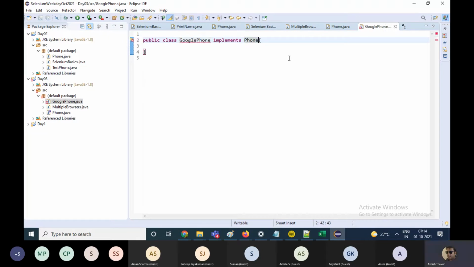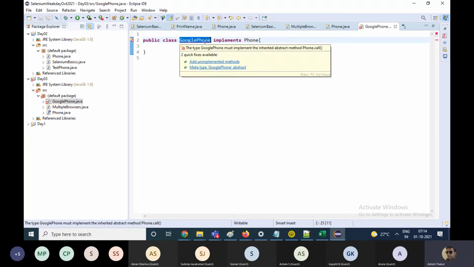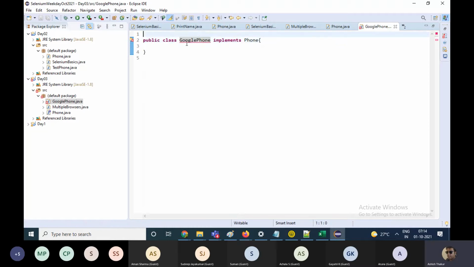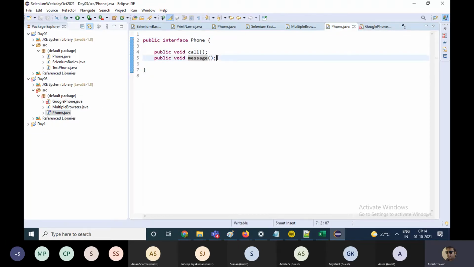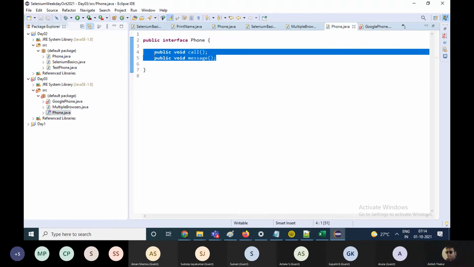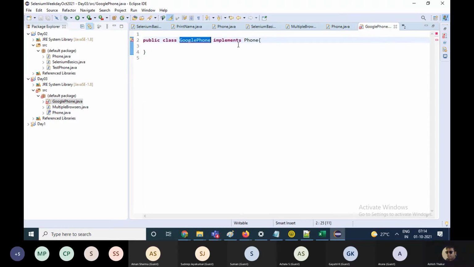When a class is implementing an interface, it is mandatory for the class to implement all the functions of the interface. That is why you are getting an error over here. You have to implement all the undefined functions of the interface in the class.